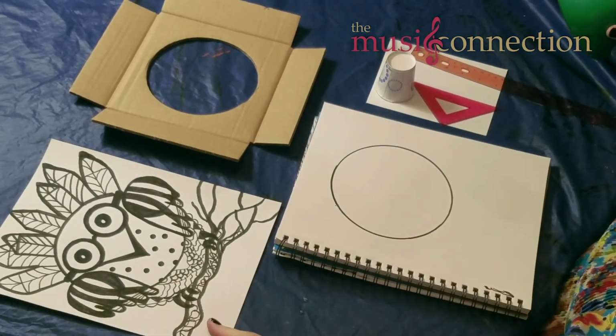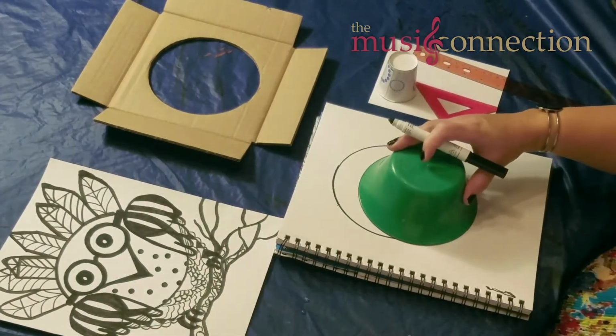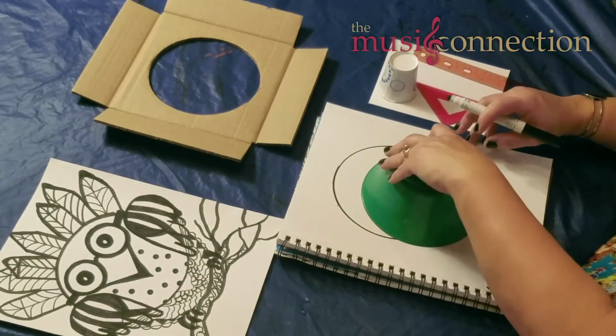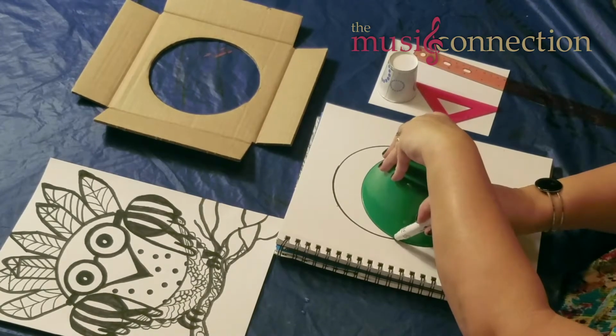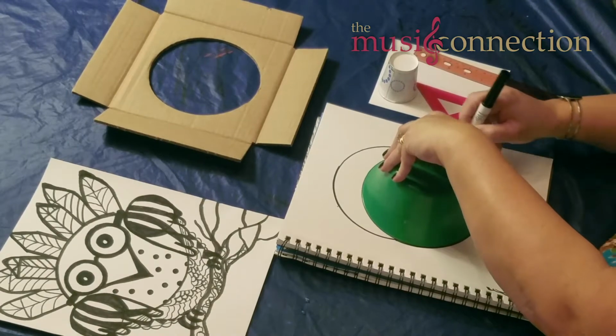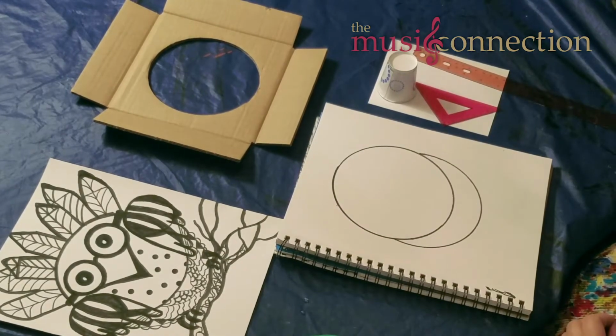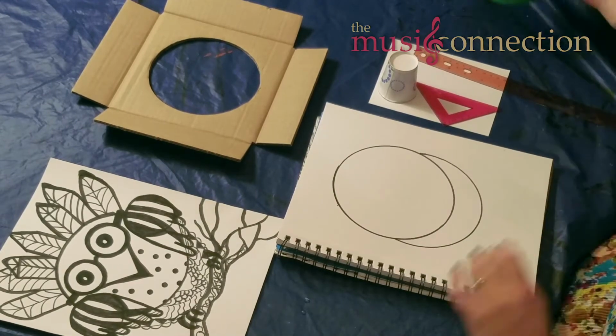Then what I did was I slid the bowl slightly down a little bit to create a belly of the owl. And then I just went from this part of the owl down and around and on this side. So that's it. I stopped like that, okay? Then I used